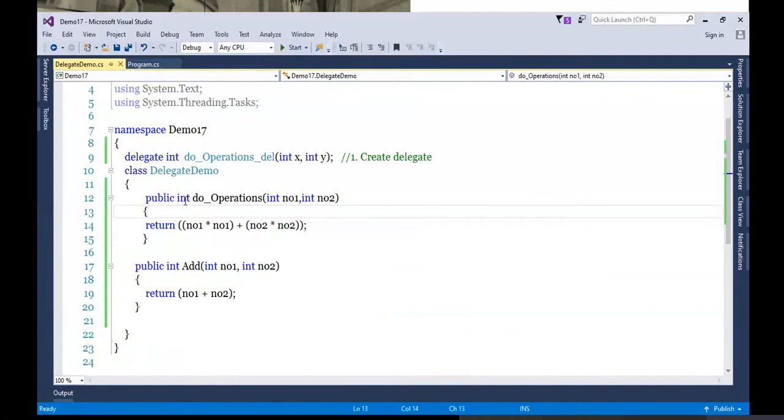So if your method return type and signature match, this delegate will be applicable for n number of methods. Okay. So are you getting this? Yes, sir.